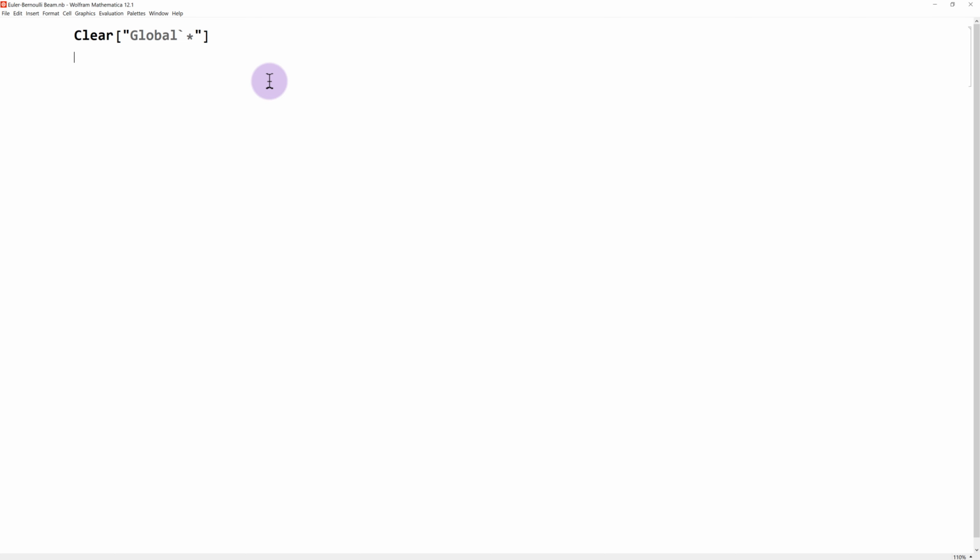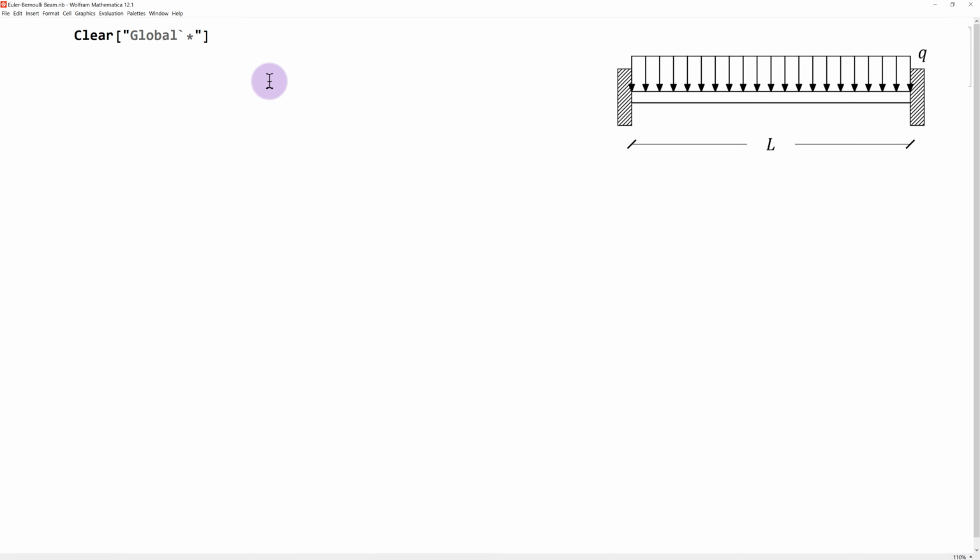In this video example we are going to solve for the exact solution of an Euler-Bernoulli beam using the program Mathematica. So on the right here we see that the beam we're going to solve for is a nice simple scenario where we have a beam where both of the ends are fixed and it is subjected to a distributed